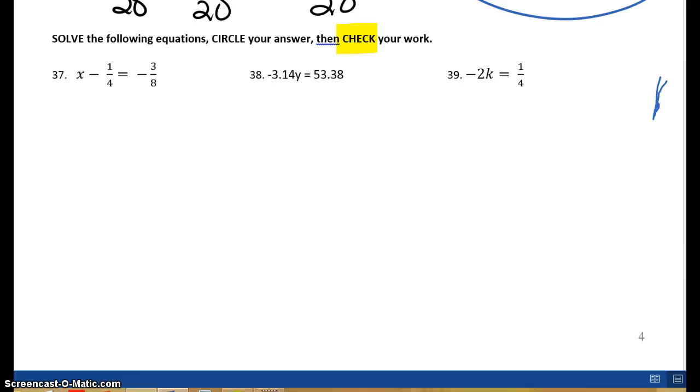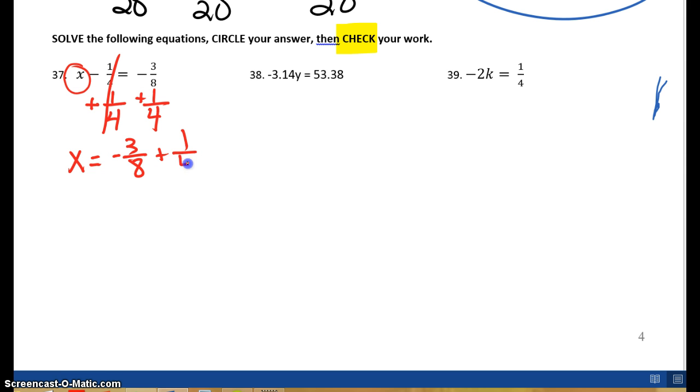What I want to do here is get x by itself. I'm always trying to isolate that variable. So the first step is to get x all by itself. Since I'm subtracting 1/4 here, I'm going to do the opposite to undo that. So I'm going to add 1/4 here, add 1/4 there. So those fourths cancel out. I have x equaling negative 3/8